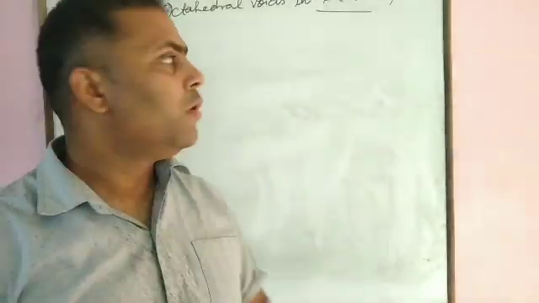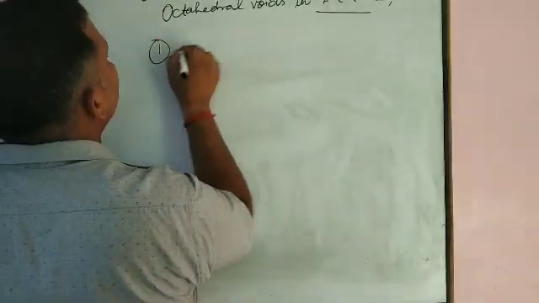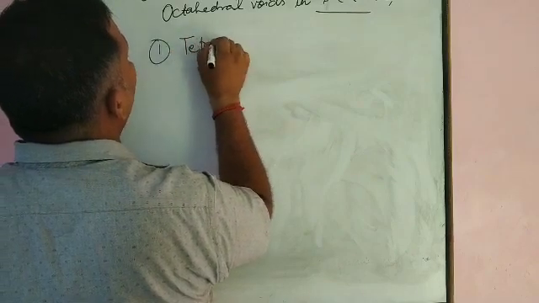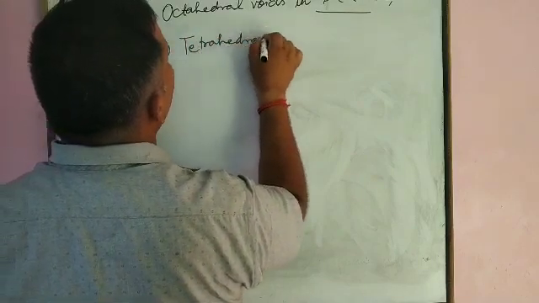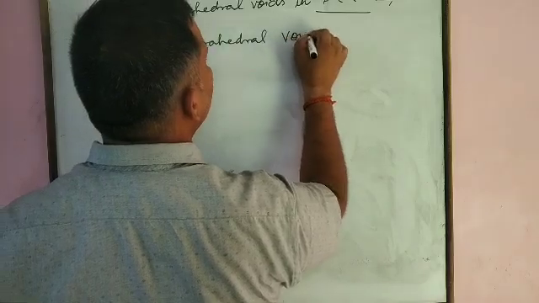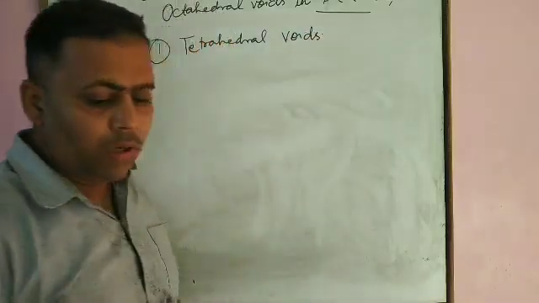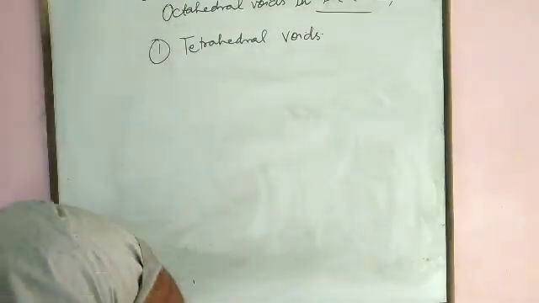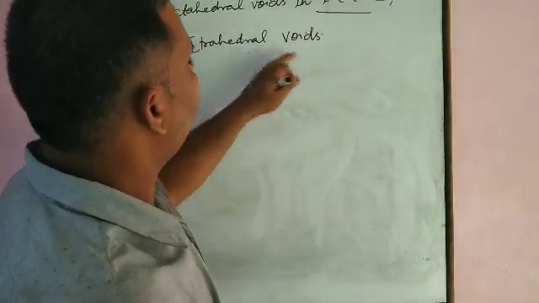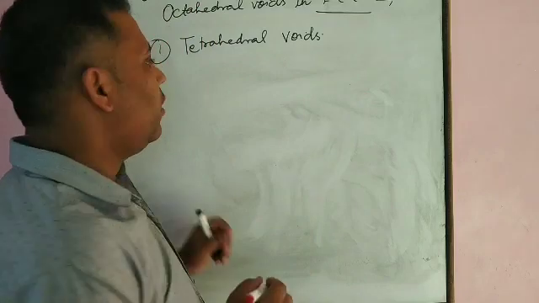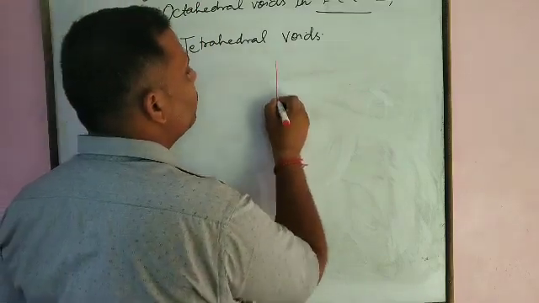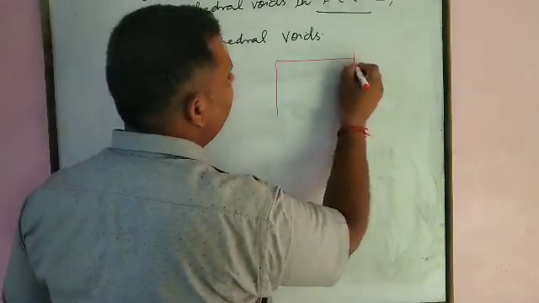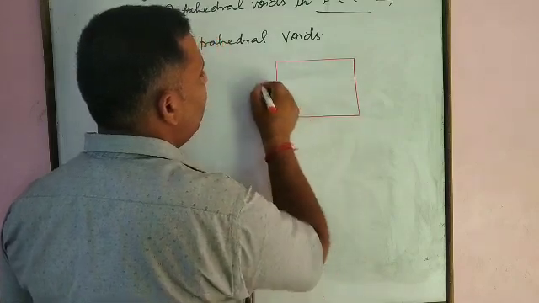How to locate? The first one we will discuss is the tetrahedral voids. How to locate them? We have to imagine it. In order to locate them, if we have a cube like this,